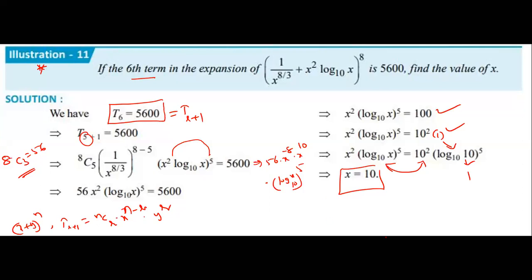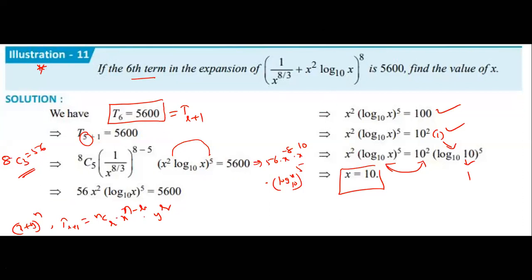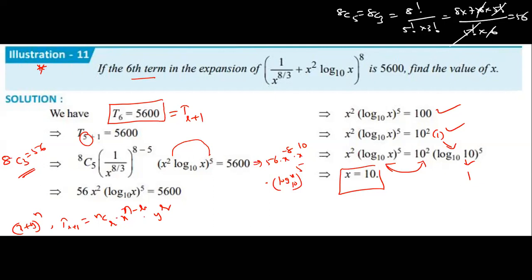How 8C3 is 56? Okay, he is asking. See. Surya Kiran, what is the 8C5 means? Can you accept 8C3? 8 factorial by 8 minus 3, is how much? 5 factorial into 3 factorial. So 8 into 7 into 6 into 5 factorial by 5 factorial into 3 factorial. 5 factorial, 5 factorial cancel. 6 is cancel. 8 7 is 56. And doubt is there?